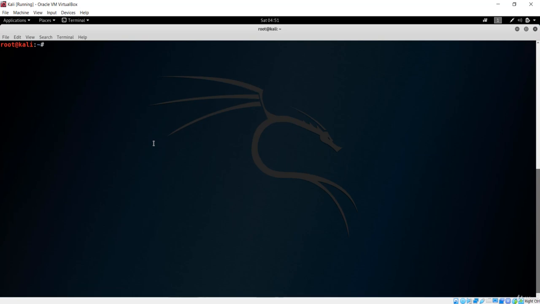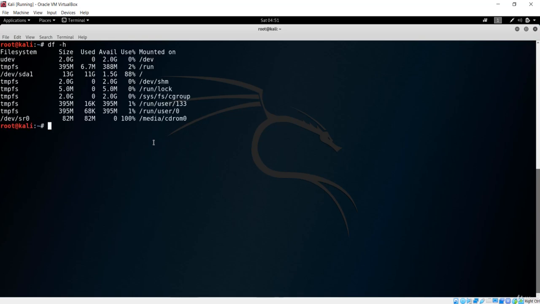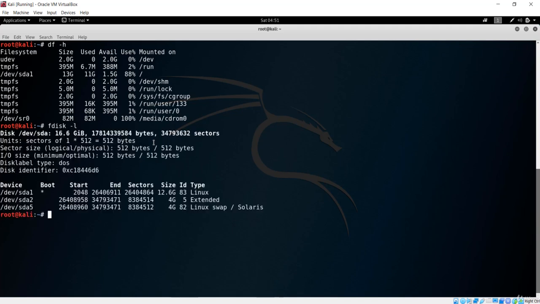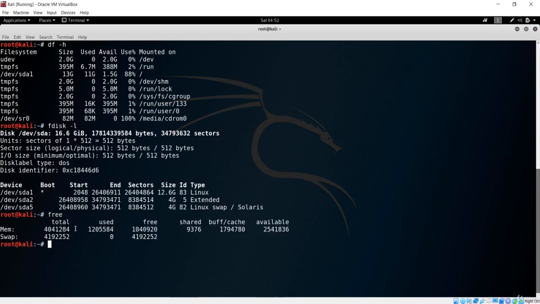So you can also do something like display disk space usage. You can say df -h, this is going to give us the disk space usage. If you want to see the partition table, you can simply say fdisk, and it should be, let me see, -l or -a, it should be -l. Okay, with the -l you can see the disk partition table. If you want to display the memory usage, you can simply type free, which is going to show us the memory usage. So this has system information and basic information that is going to be important.